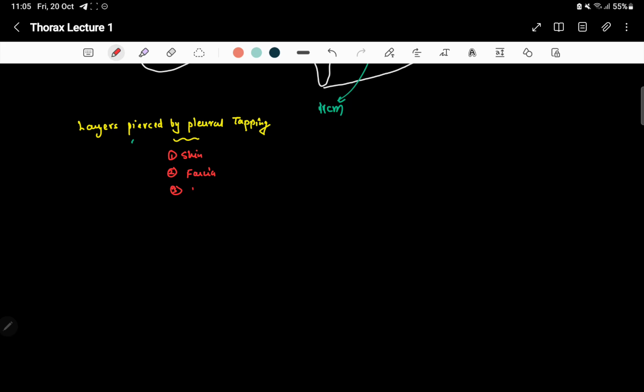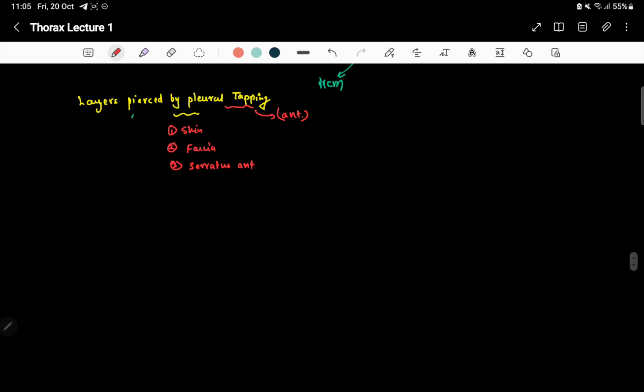Your serratus anterior muscle. Remember, we are doing pleural tapping from the anterior side, the rib side. The serratus anterior has eight digitations, so if you do pleural tapping, the serratus anterior would obviously be pierced here. Then what will you get? You will get the external intercostal first, then the internal intercostal muscle, then the innermost intercostal,